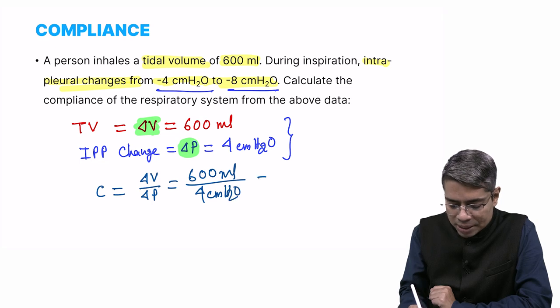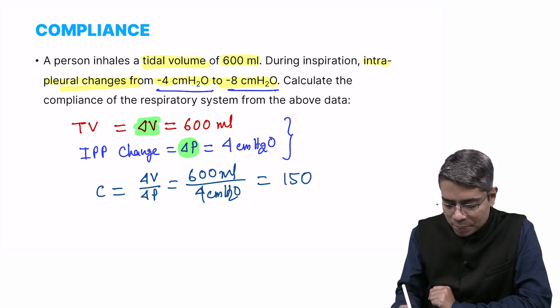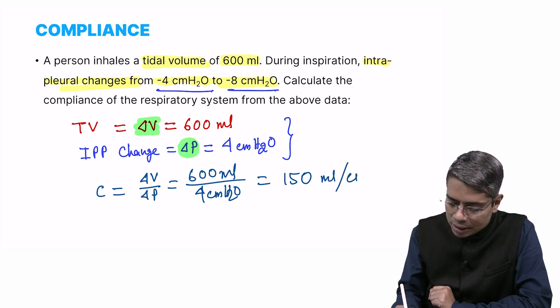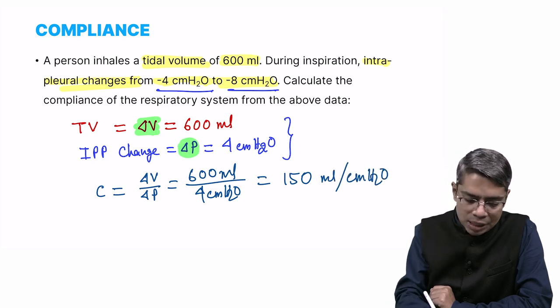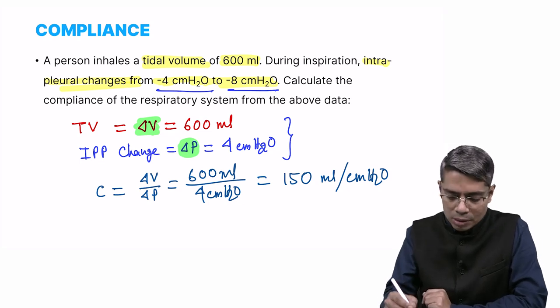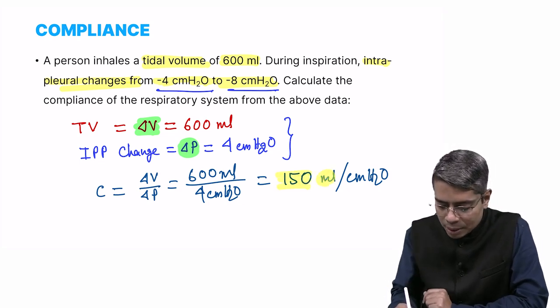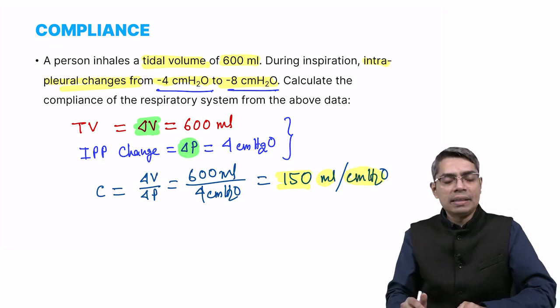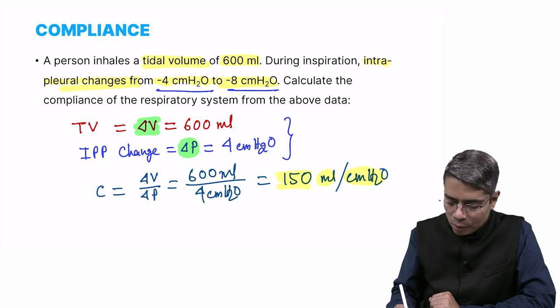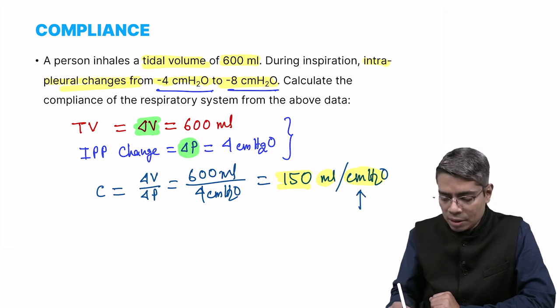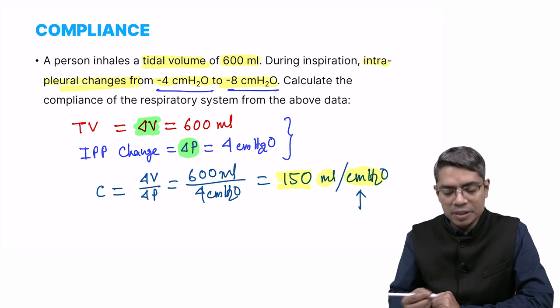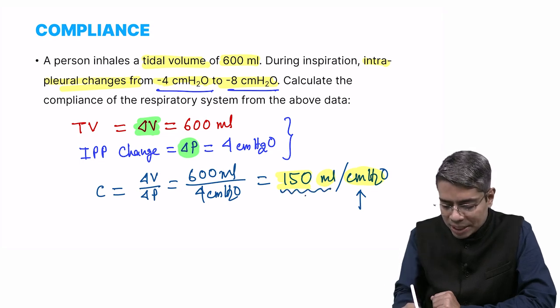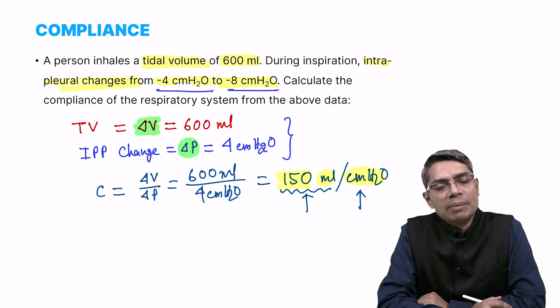So if you divide this, it is nothing but 150 ml per centimeter of water. Look at this unit. Compliance is equal to 150 ml per centimeter of water. That means if you change only 1 centimeter of water pressure, for that 1 centimeter of water pressure change, how much volume change is happening inside the lung? 150 ml volume change is